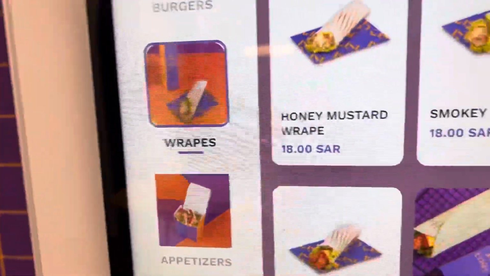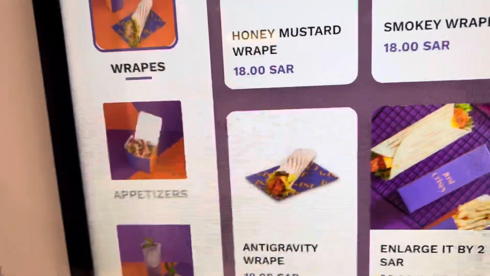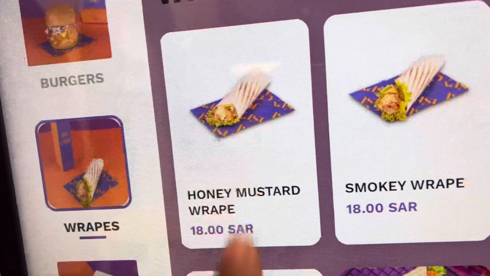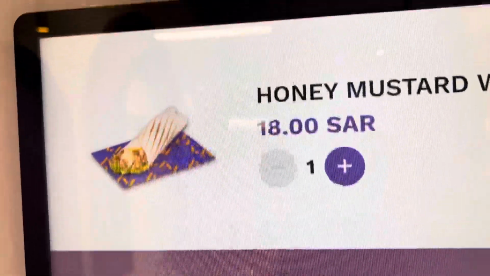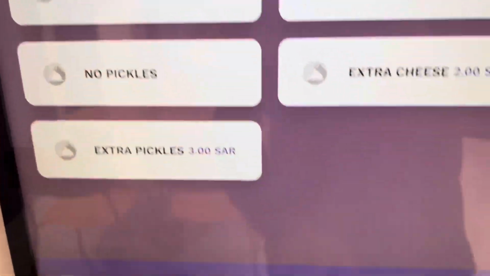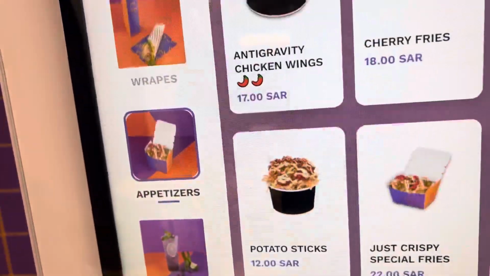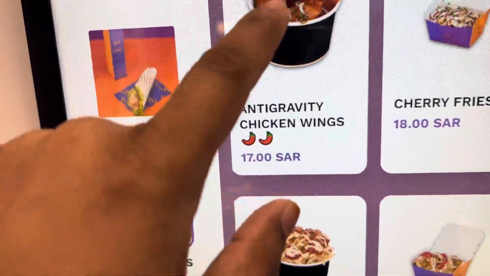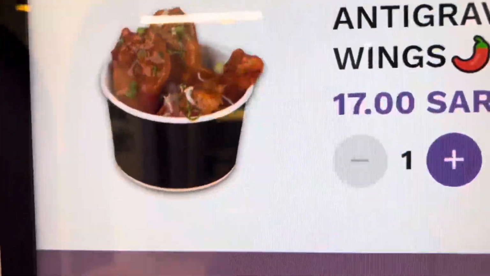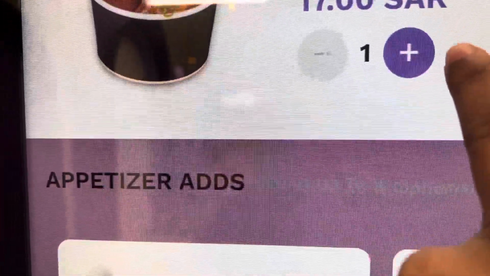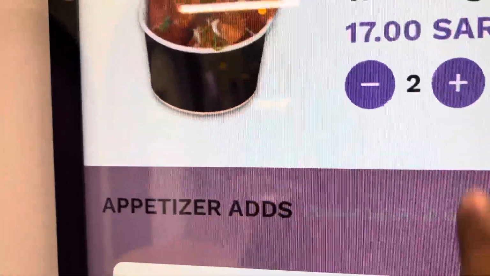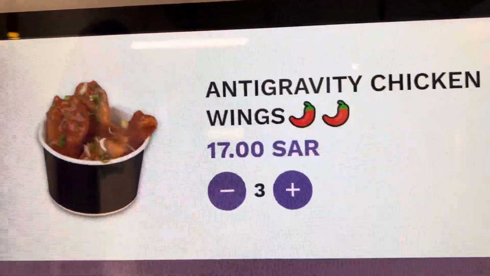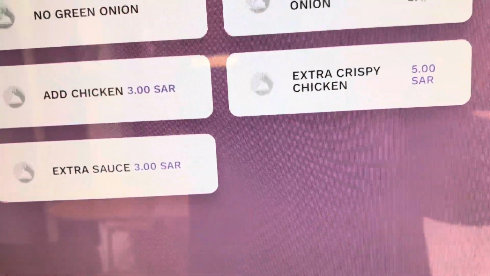And wraps, same like that. Which kind of wrap do you need? I need the honey mustard wrap, just 1 piece, and same, add to bag, and appetizer. Wow, so I like the anti-cavity wings, so I need 3 pieces because I have a brother and 1 friend. 3 pieces of anti-cavity chicken wings. So add to the bag,